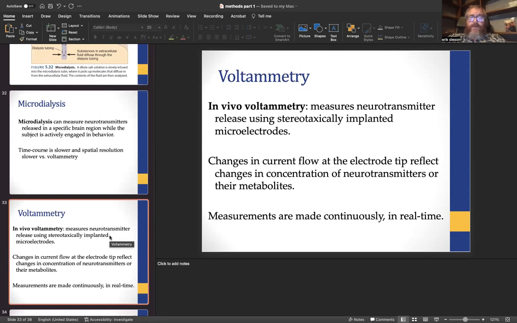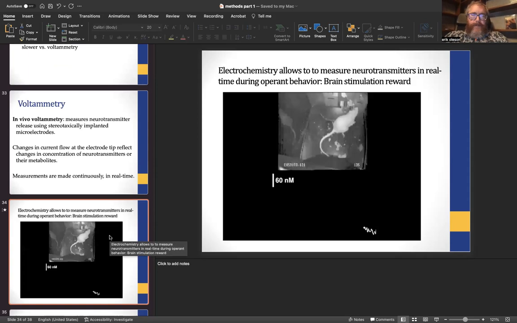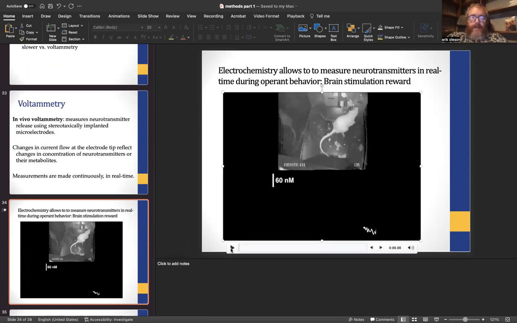So the technique that I've used more recently in my approaches is called in vivo voltammetry. This measures a neurotransmitter with a stereotaxically implanted microelectrode. Here you can measure things in 110 millisecond increments rather than 20 minutes. So you have almost near real-time resolution, but you're limited to measuring oxidizable chemicals. So while with microdialysis, I can measure glutamate, GABA, and dopamine, with voltammetry of those three, I could only measure dopamine. Here is a recording